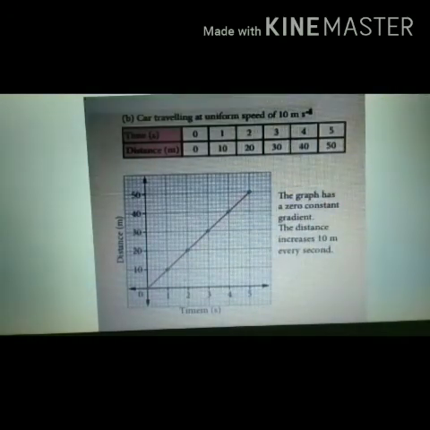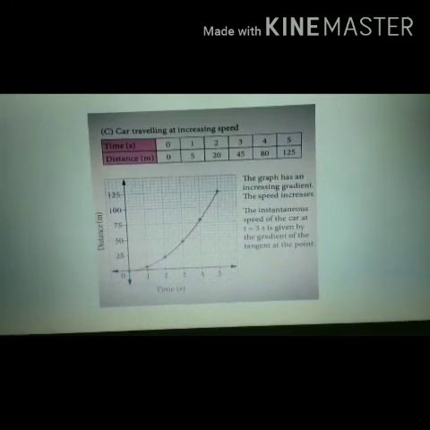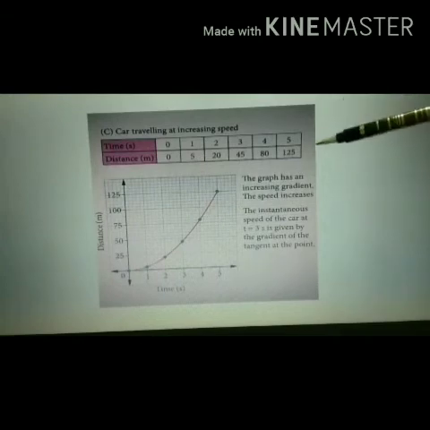And now going to the third condition. Now I'll ask you one question. What is the unit for time? Yes, it is second. And what is the unit for distance? Yes, it is meter. The SI unit of distance is meter. And now you can go through the following data to draw a graph here.